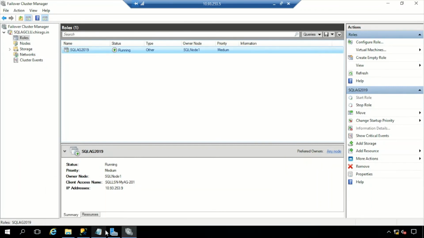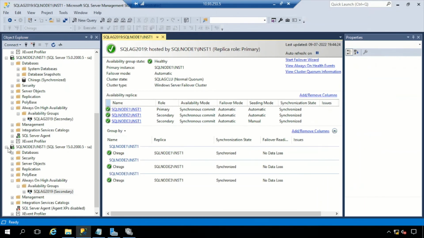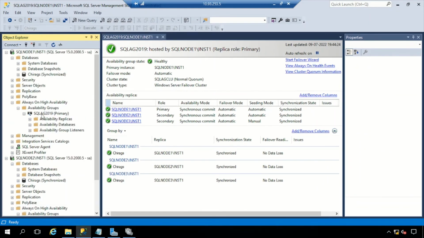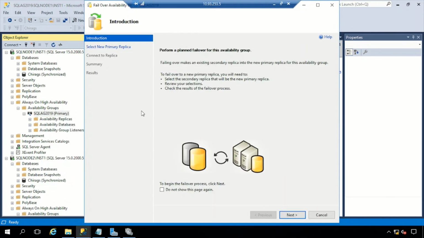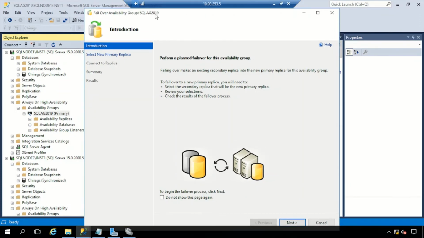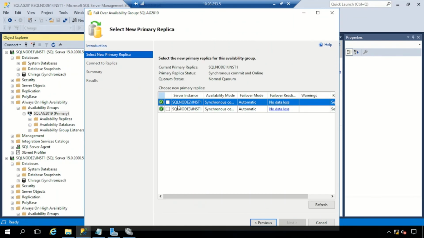So I'm going to the failover cluster. On the first node, I'm starting the failover. This is the failover wizard for my SQL availability group. I'm going to the next step. I can see node 2 and node 3. The first node is primary, there is a secondary node, and the third node is there. So let's assume I'm selecting the third node,